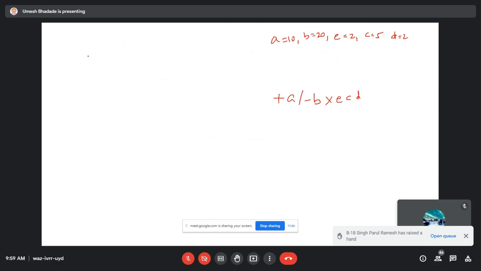अब इवेल्यूट करते हैं वैल्यू से, मतलब बी माइनस ई सी वगैरह लिखने की जरूरत नहीं पड़ेगी। सो फिर से रिवर्स करेंगे हम इसको, हमारा पहला पर्पस क्या है, रिवर्स करना। तो हम क्या करेंगे, डी सी ई मल्टीप्लाई बी माइनस स्लैश ए प्लस, यहाँ पर मैं इनकी वैल्यू पुट कर देता हूँ। डी की वैल्यू 2, सी की वैल्यू 5, ई की वैल्यू 2 मल्टीप्लाई बी की वैल्यू 20 माइनस स्लैश ए की वैल्यू 10, राइट। वैल्यूज ले लेता हूँ, तो अब एक्सप्रेशन